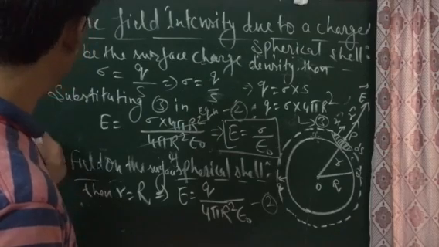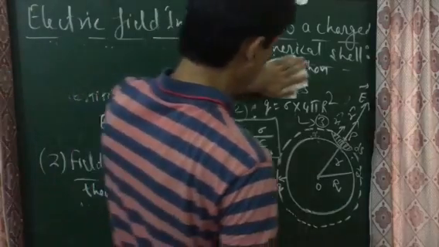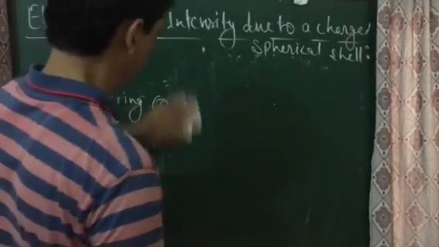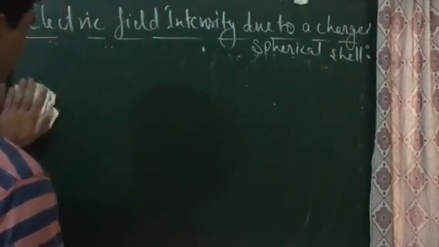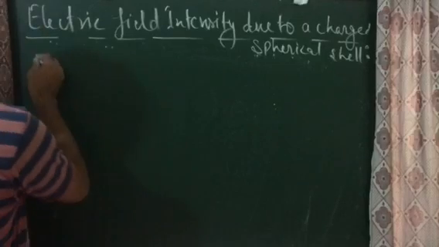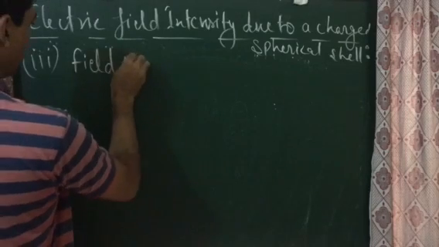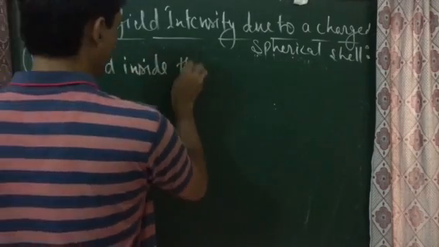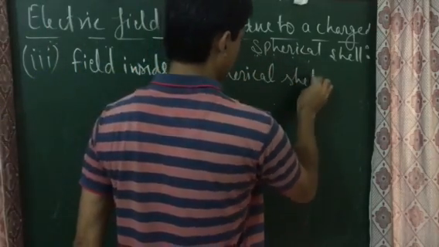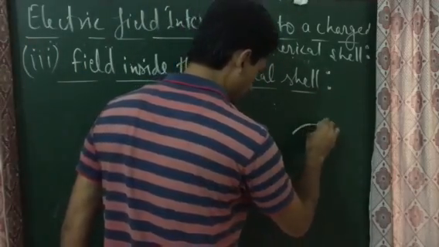So next, third case is field inside the spherical shell. Third case, field inside the spherical shell. So inside spherical shell, field inside the spherical shell. So देखेंगे,